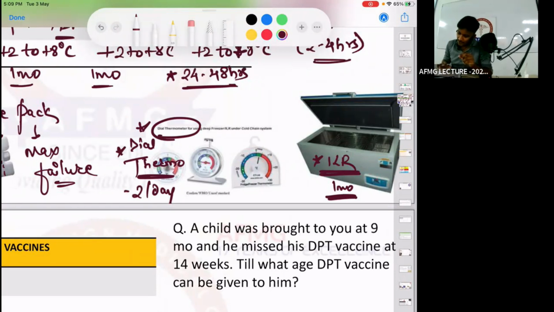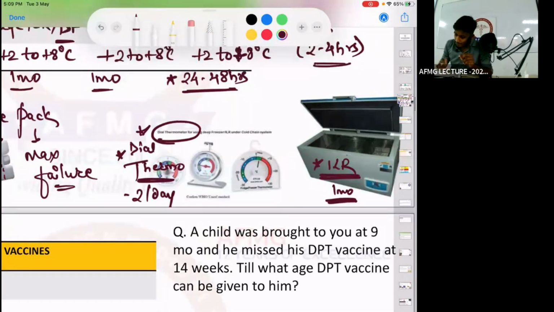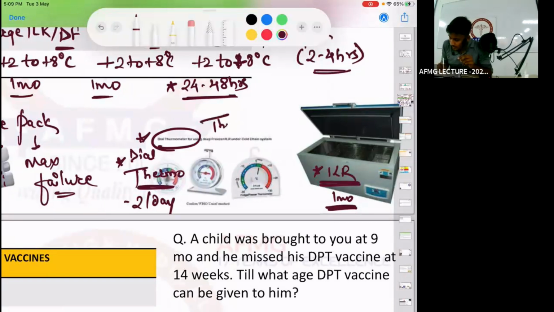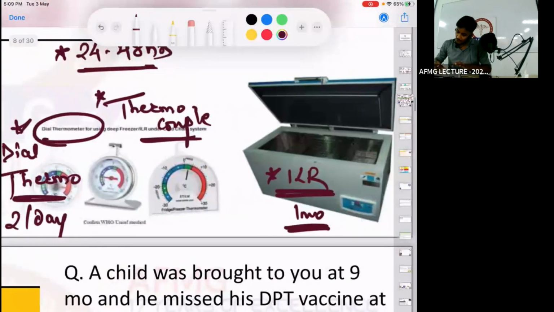Okay, dial thermometer is based on which principle? Thermocouple. Dial thermometer is based on the thermocouple principle. If dial thermometer is not an option, the other thing to be marked is alcohol stem thermometer. No issues with this, but the best one to be used is a dial thermometer. Twice a day temperature measurement, and it is based on the principle known as thermocouple. Right? So please let me know.